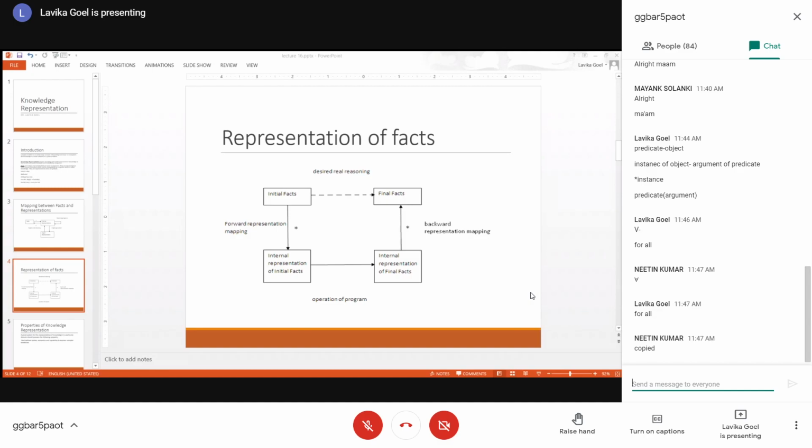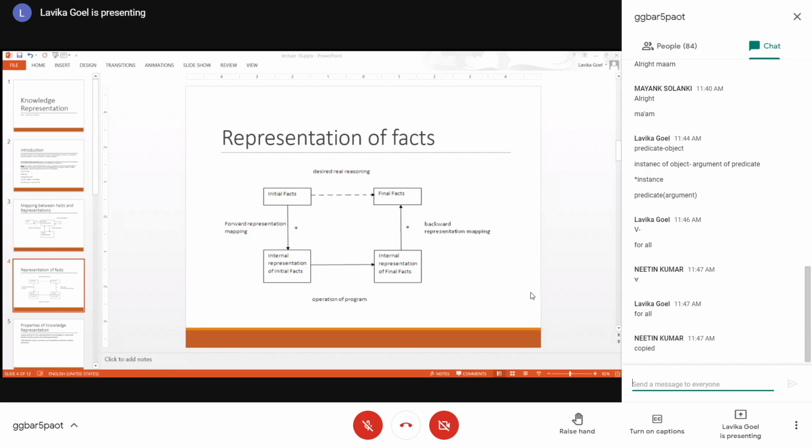And then you got the internal representation of your facts. So in that example, you got the internal representation of Lucy is a dog as dog Lucy, and for the other sentence you got it as for all x, dog x implies has tail x, right? So this is the internal representation of your initial facts.